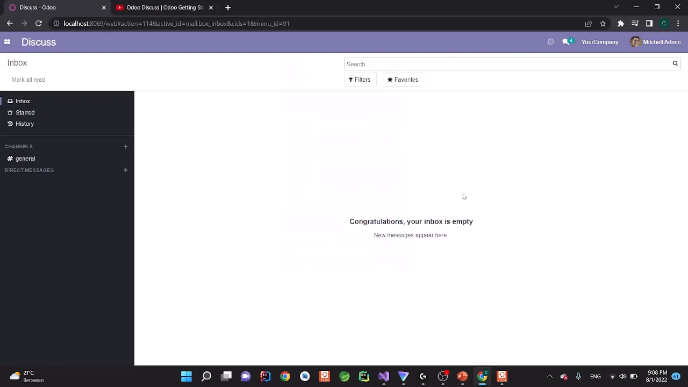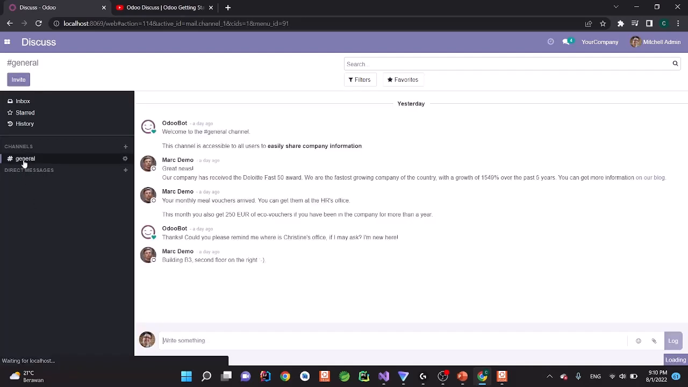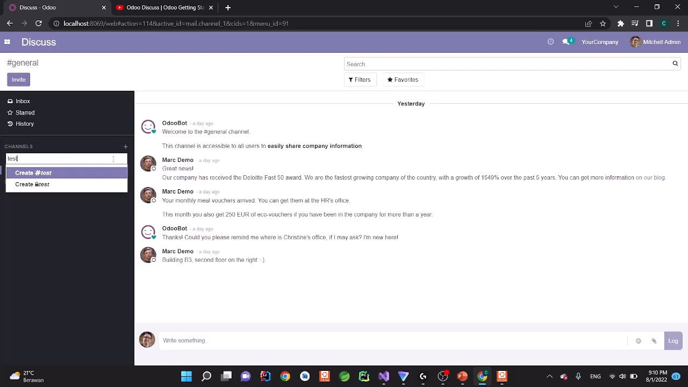Okay, so the very first page that you will be redirected to is the Discuss page. This page is used for communicating between users in Odoo. On the left side, as you can see, there is a channels section. This is to view the channels that you have, and you can also create a new channel by clicking this particular button. For example, by default we have the general channel, and also we can create a new channel. For example, I'll be creating test, create test,